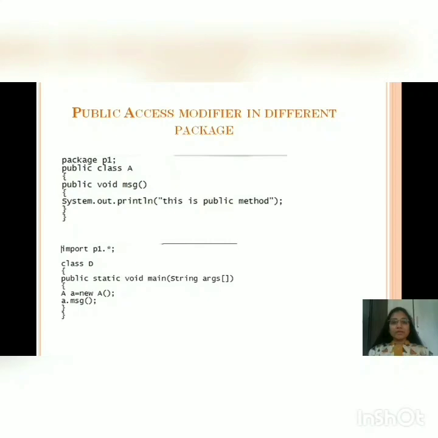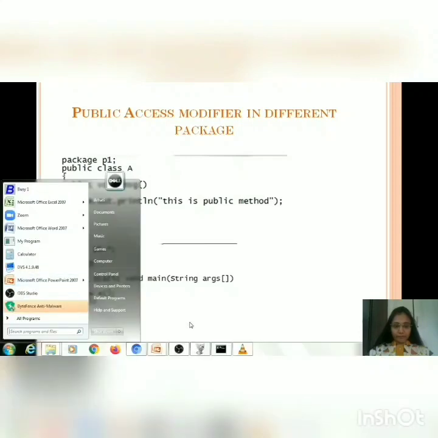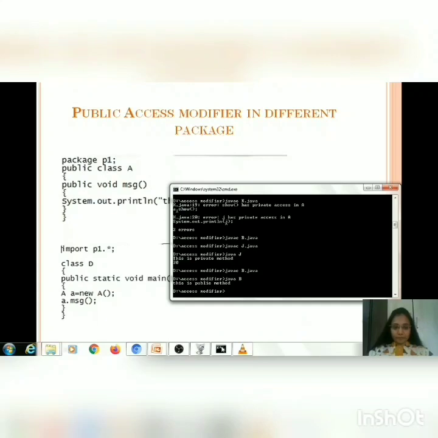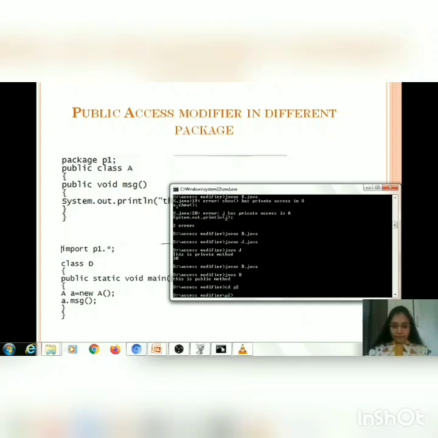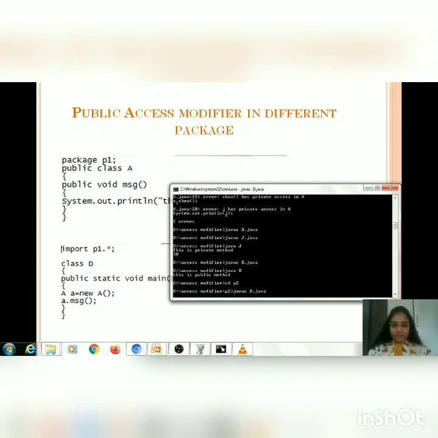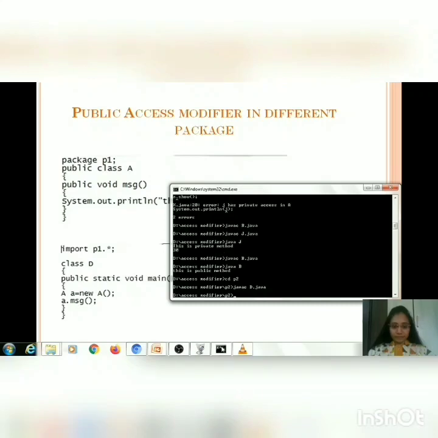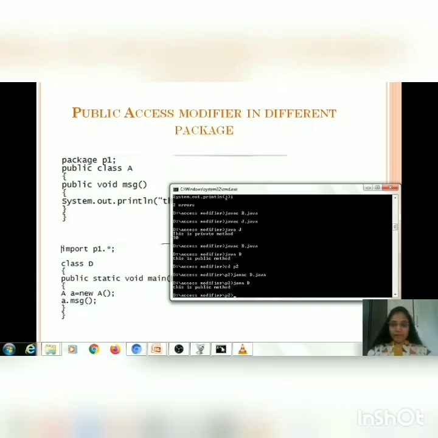So as public access modifier allows access in a different package also, if I run this file D.java, then I will get the successful output. Let's see. This is public method.